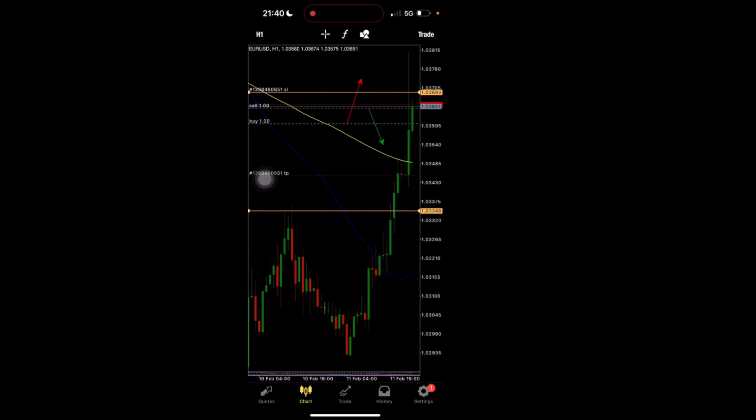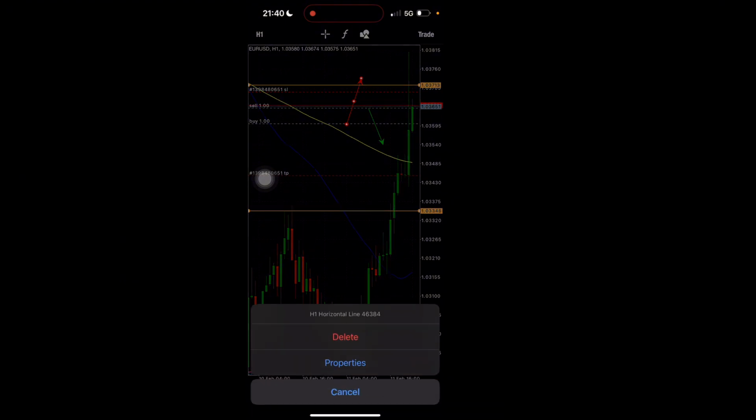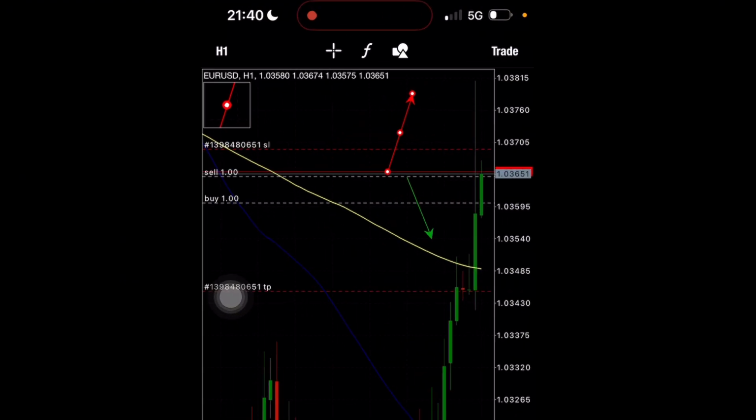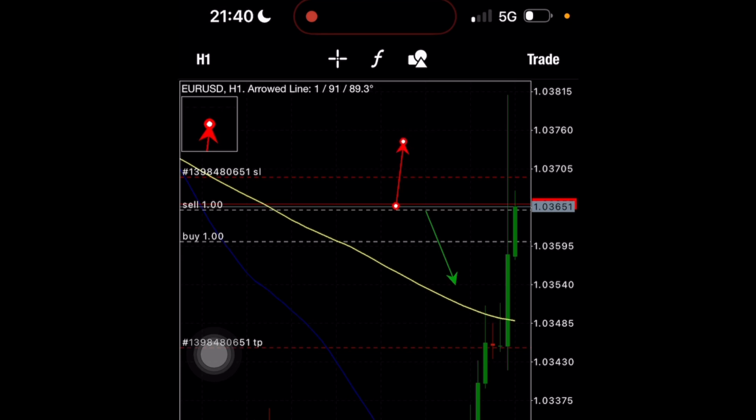Now, after this, how do the take profit and stop loss work? If you're in a buy position and the market moves against you, we set the stop loss for the trade. So if you're in a sell position and the market continues moving against you, we have the stop loss here. Let me clean up the charts. Fine. So if the current market price continues moving upward and hits this level of the stop loss,